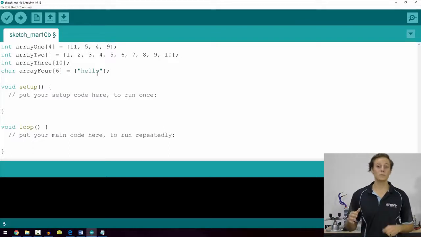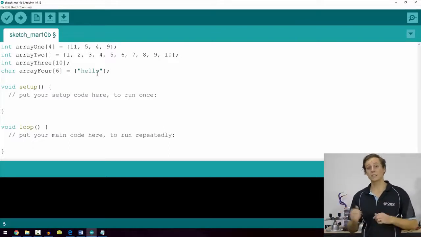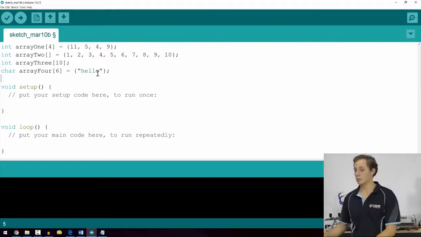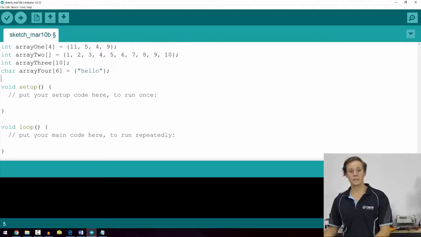We've left space because there is actually a terminating character in that array. So there are 6 elements to it. So arrays don't just have to be ints. Now to access an array, you use its name and the index number of the element that you wish to